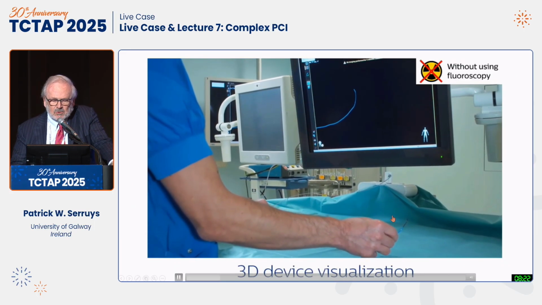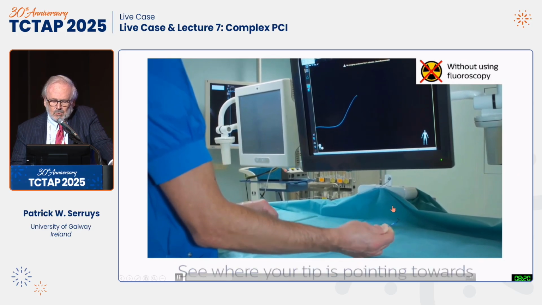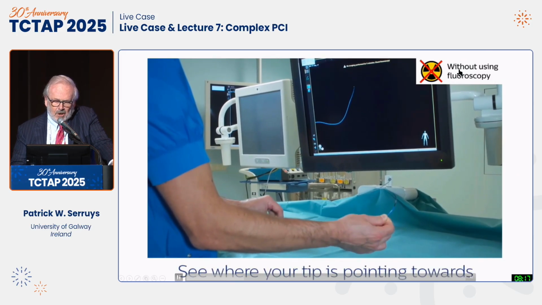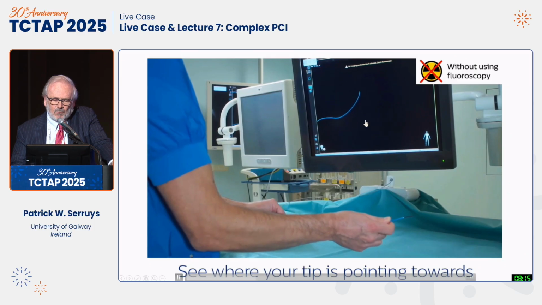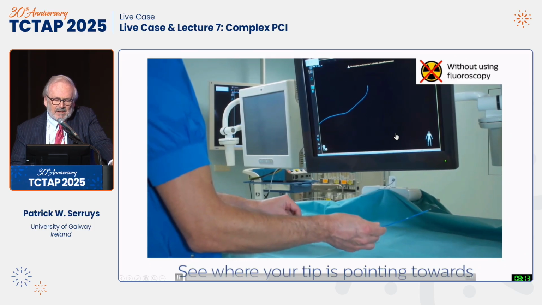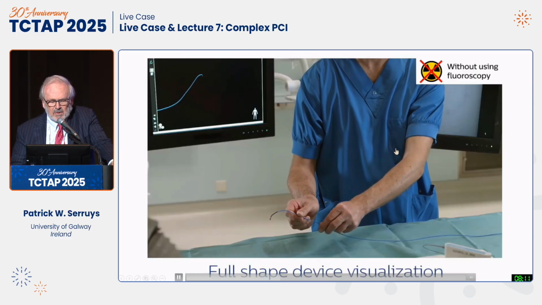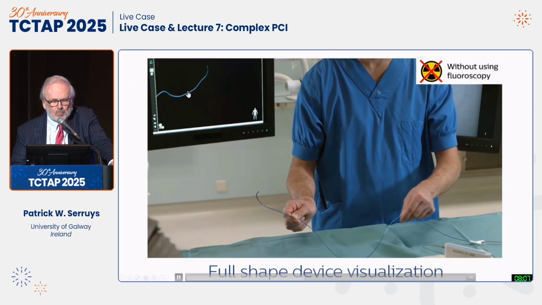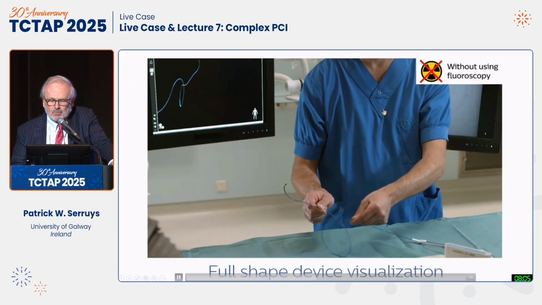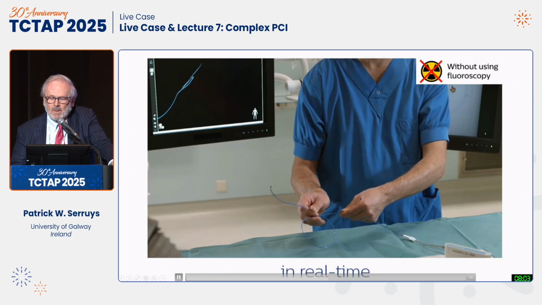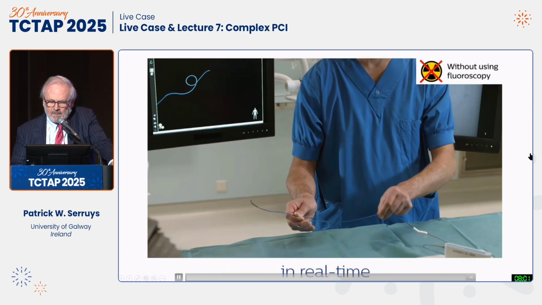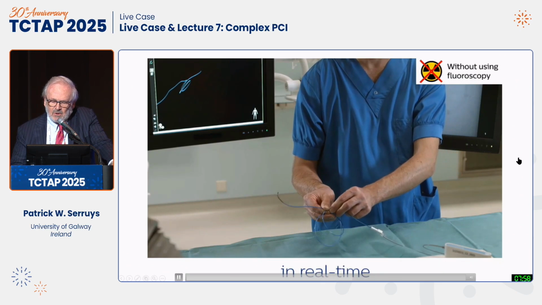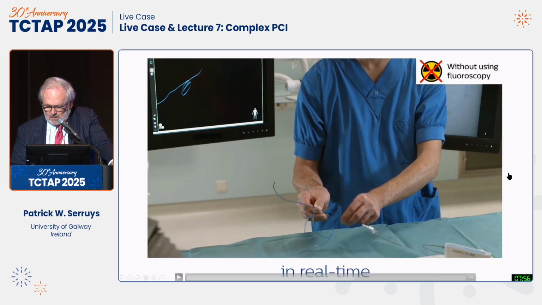Here is the catheter, not the guide wire, and you could see that without fluoroscopy, we can follow on the screen the bending of the catheter. You can make a double loop, and instantaneously you will see the double loop on the screen without X-ray, without protection and without the fluoroscopy. And then once you have done that, you can,